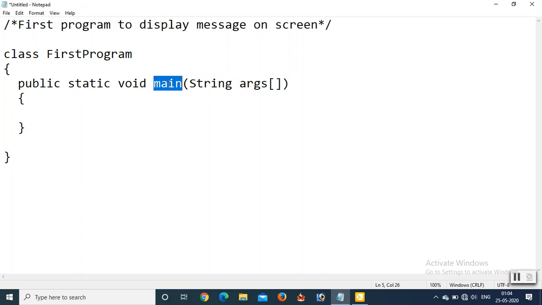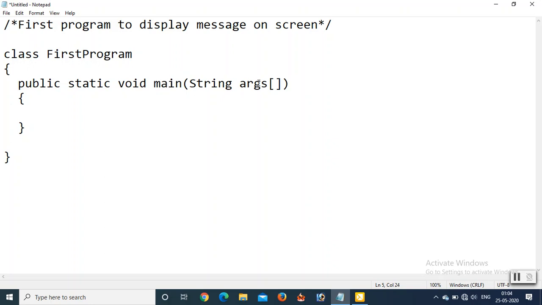It's the main method. Okay, because a parenthesis follows this name main, so this is a method name. This is the beginning point of execution of the program. Okay, so main is the beginning point of the execution of the program.